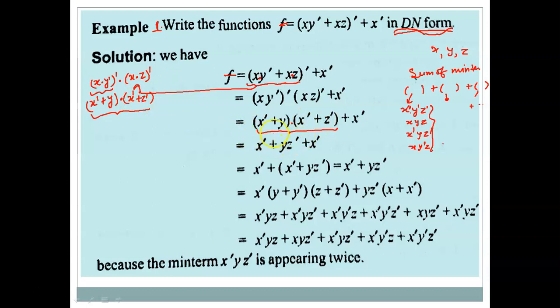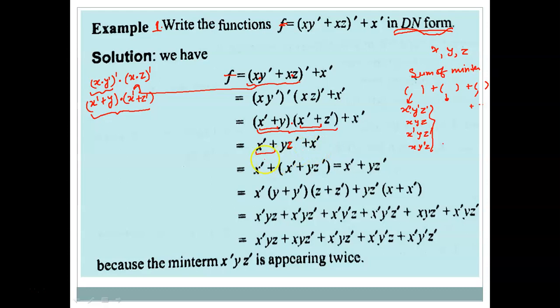So now we can simplify it here. Now we can apply the distributive law. You look at this situation, x complement plus and x complement plus is here, so we can take it outside, and when we take this x complement plus outside, we are left with y. X complement plus is outside, then we are left with y dot z complement. So that is there, y dot z complement is there, plus x complement.